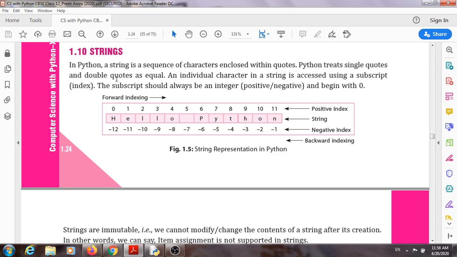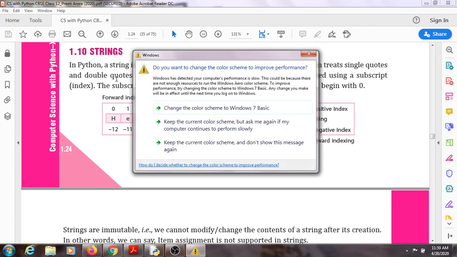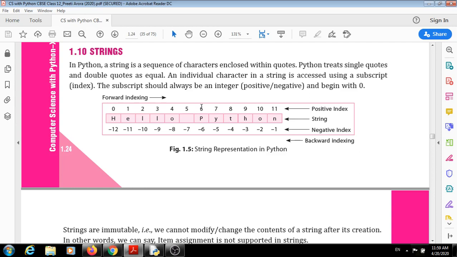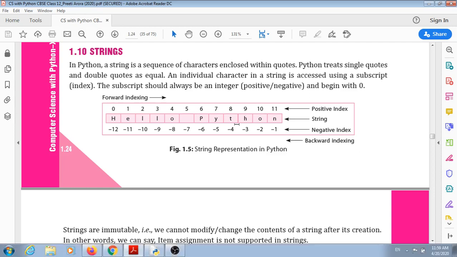ठीक है, आपकी स्क्रीन के ऊपर आपको नज़र आ रहा होगा, स्ट्रिंग इज़ ए सीक्वेंस ऑफ कैरेक्टर्स एनक्लोज्ड विद इन कोट्स। अब ये कोट्स सिंगल कोट्स भी हो सकते हैं और डबल कोट्स भी हो सकते हैं। एन इंडिविजुअल कैरेक्टर इन ए स्ट्रिंग इज एक्सेस्ड यूजिंग ए सबस्क्रिप्ट या इंडेक्स। जैसे हमने लिस्ट पढ़ी थी लास्ट ईयर क्लास 11th में, उसी तरह से स्ट्रिंग्स भी लिस्ट की तरह ही होती है। बस डिफरेंस ये है कि लिस्ट म्यूटेबल है और स्ट्रिंग्स इम्यूटेबल है।